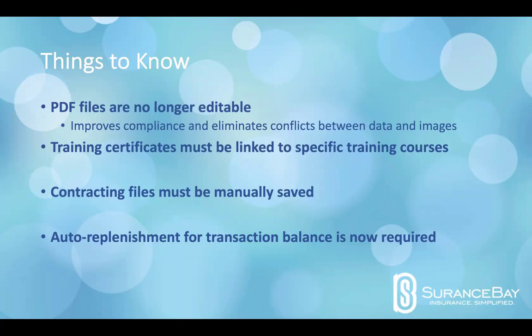And the best place to do that is to actually upload the document in the training screen itself, where you have the actual categories. That way it will automatically link those documents to a specific training course. But if you upload it on the Documents tab, just know that you're going to have to enter the training course information in order to resolve that error. And you may have some existing training certificates in the producer's profile that aren't linked. Once you start using the new version, you'll have to just link those by adding the training course information for those.